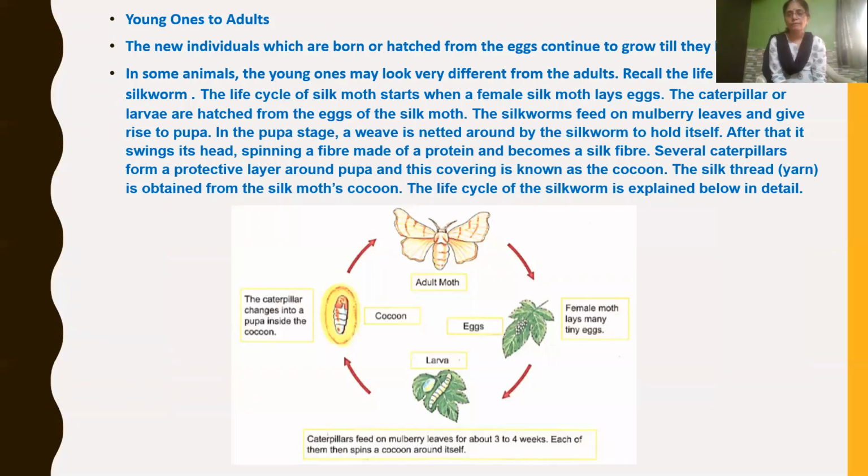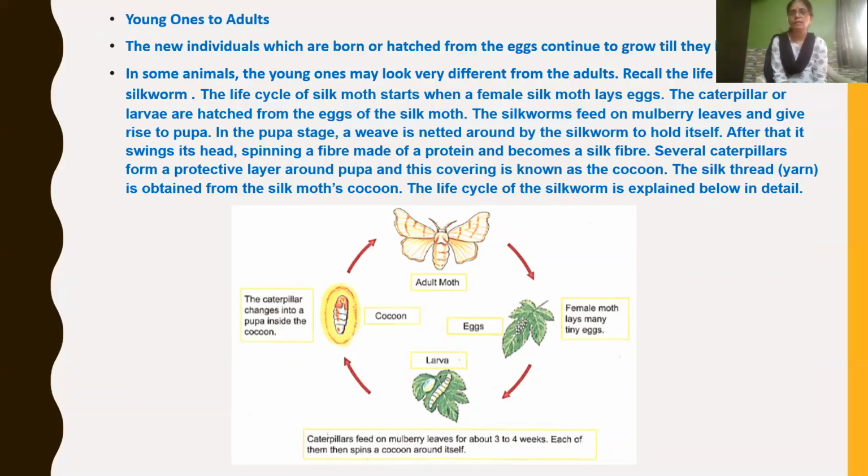Now we will continue our chapter: how young ones develop into adults. The new individuals which are born or hatched from eggs continue to grow till they are fully developed. In some animals, we may see that the young ones look very different from the adults. If you recall the life cycle of the silkworm, which we learned in standard 7,